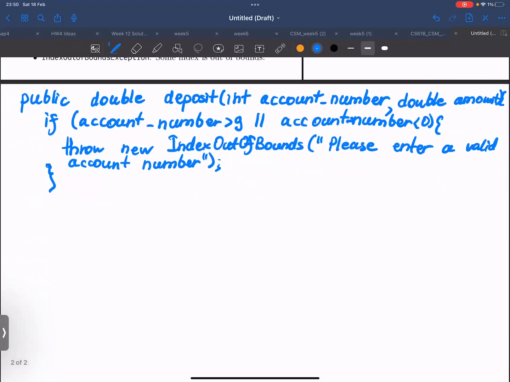So since now we've checked the validity of the account number, we need to check that our amount is also valid. So you can't deposit a negative number of dollars to your account. Therefore, you need to take care only of that possibility. How do you do so? Of course, by using an if condition. So let's create another if condition right below. So if our amount is less or equal to 0,